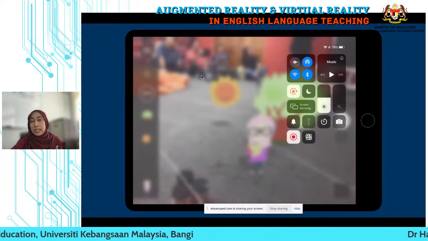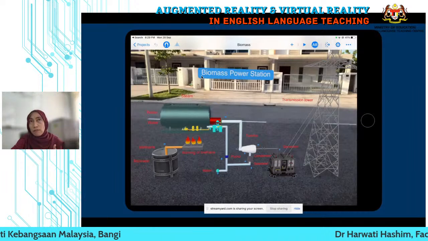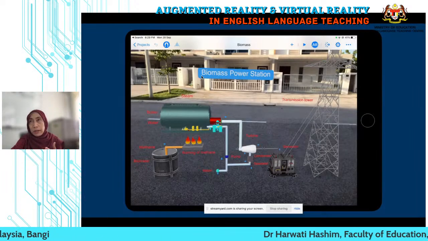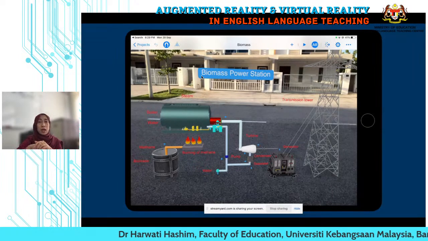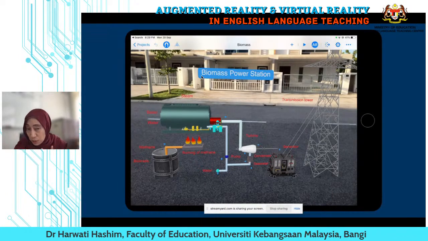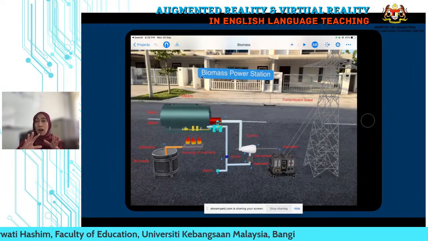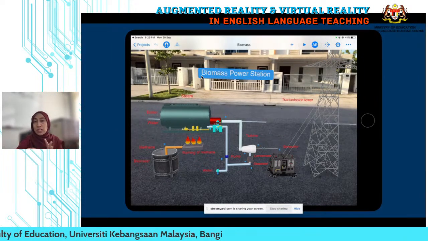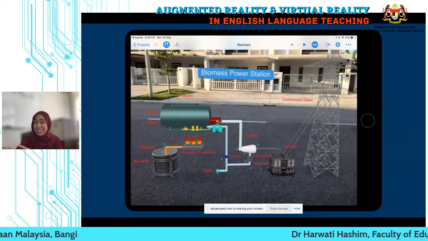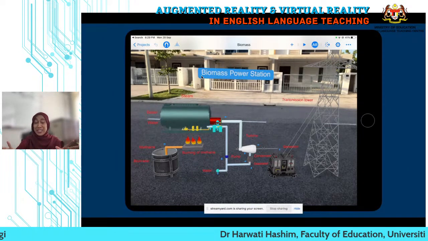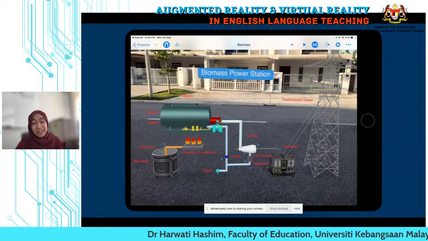And this is another example of using augmented reality, whereby, if you teach processes and procedures, for example, talk about how a biomass power station works. It's very difficult for us to bring our students to a power station. Safety-wise, it's not recommended.